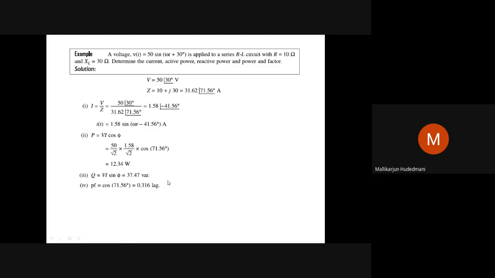How could we write a lag here? Why not a lead? You have to see the circuit. What kind of circuit is this? Series circuit. First identity, it must be inductive. Then look at the current. Is it a minus phi or plus phi? Minus means lagging. That's what you have to attribute the word lag here. Hope you got this problem, very simple, but you learned a new thing.